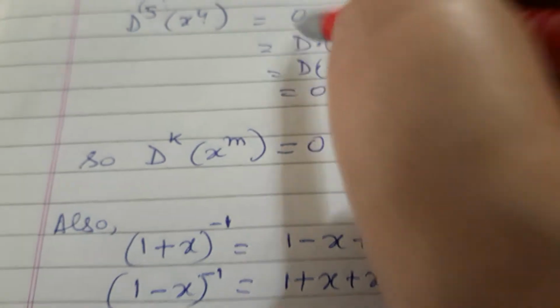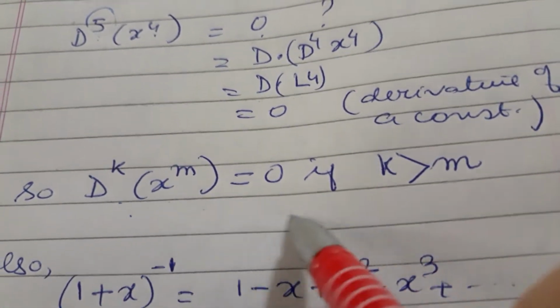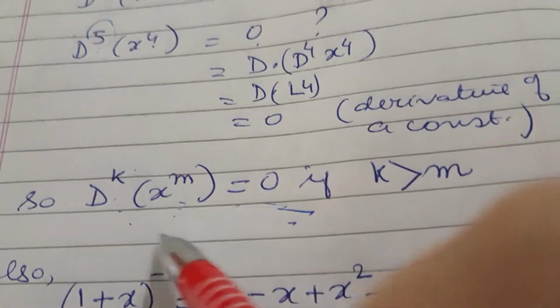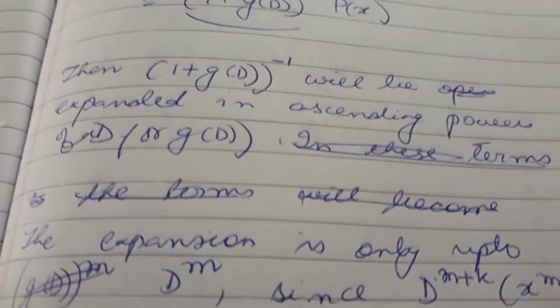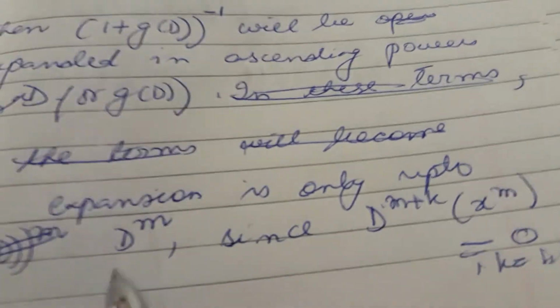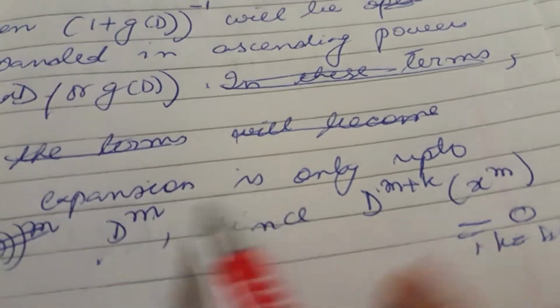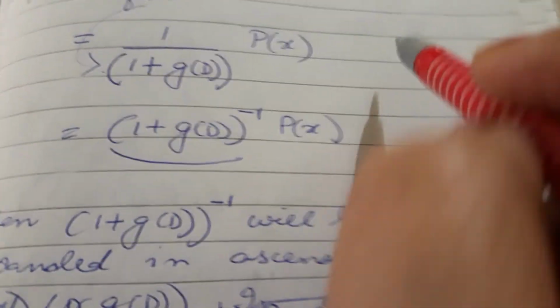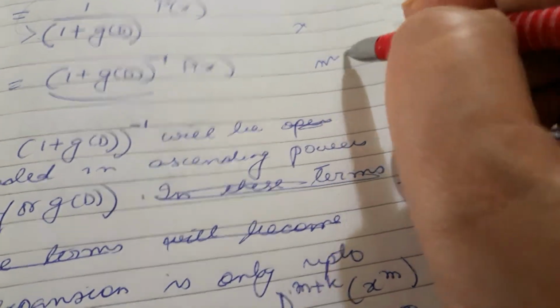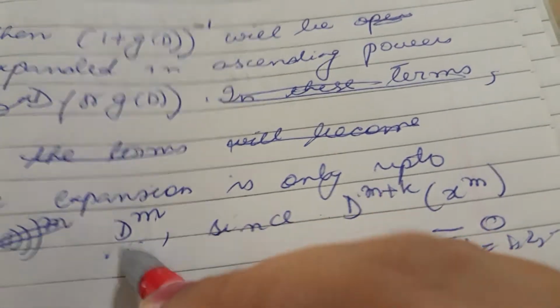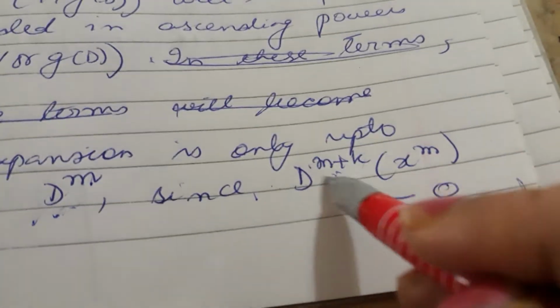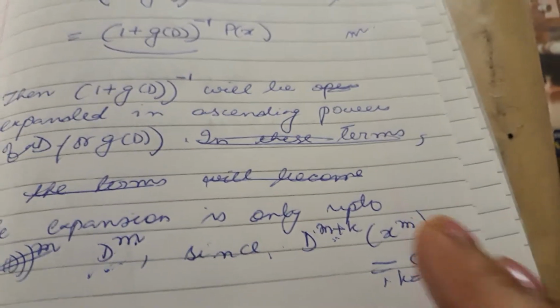We know this by successive differentiation. We have done this, remember? So we are going to use this here also in the expansion. That's why it says the expansion is valid only up to the mth order derivative. Since the degree of the polynomial in x is m, we will get the expansion only up to order m, since the higher order derivatives of x to the power m will be 0. Now to understand this better, we have to start working out problems.